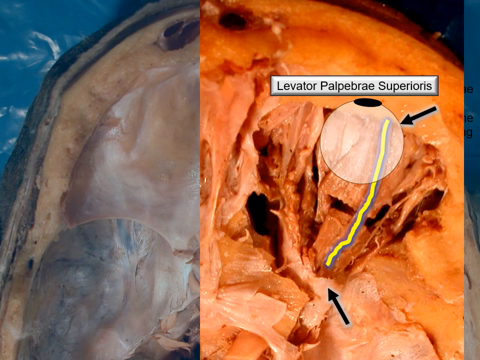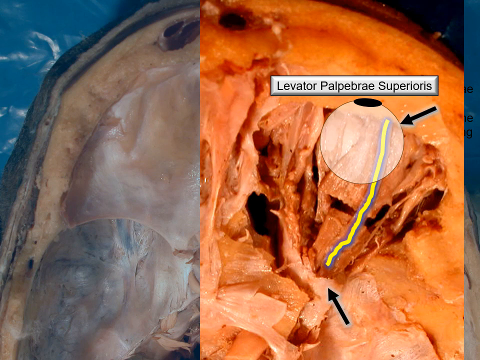That's the insertion. It expands into a large aponeurotic expansion, which divides into two parts. One part goes to the skin of the eyelid. The other part goes deeper and is merged with the superior tarsal plate. The deeper part has a smooth muscle known as the superior tarsal muscle, which has its innervation from the sympathetic nervous system. Paralysis of this muscle causes partial ptosis.